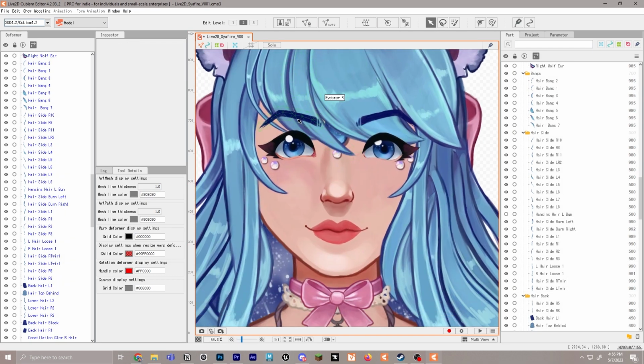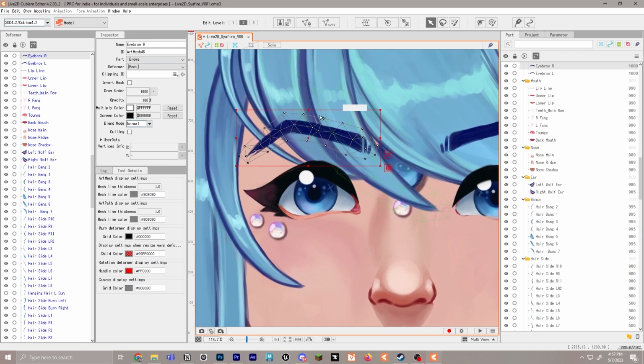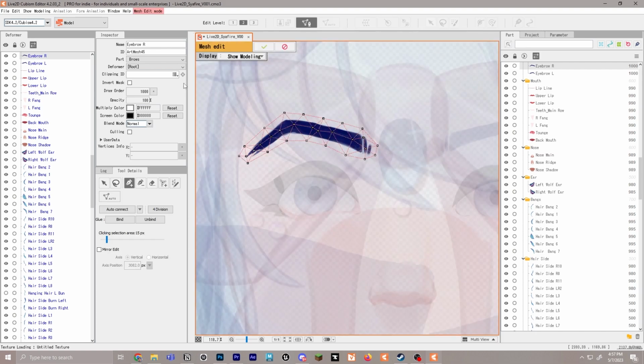Once it adds it, you can see how there's a lot more dots now in here covering everything. Now let's talk about a few pieces that could be a little bit better, or how you would edit the mesh to make it smoother. So for the eyebrows, we're going to go into the manual mesh edit, and it's going to go ahead and isolate it. We have a bunch of tools down here that we can use.